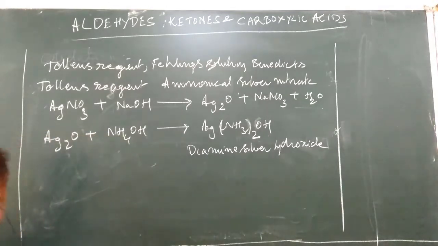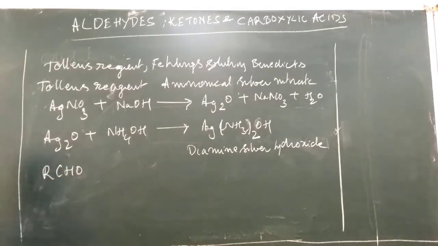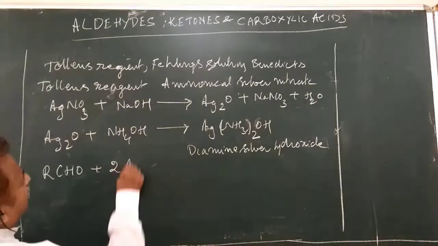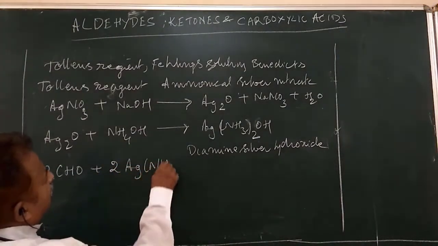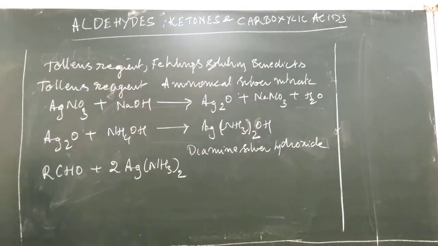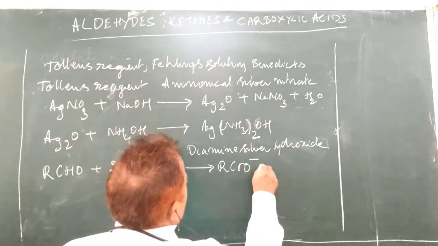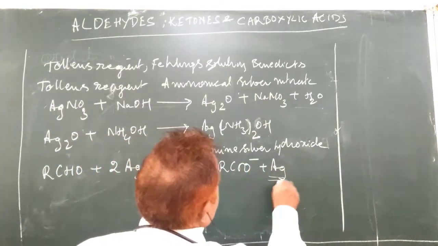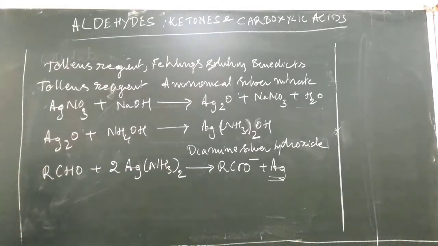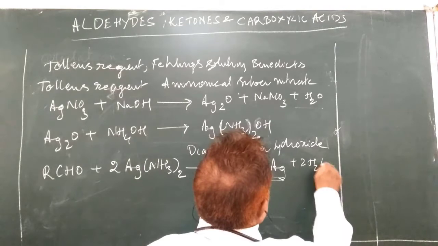So here RCHO plus this complex cation and we get RCOO minus plus Ag, and this Ag deposits on the walls of the test tube